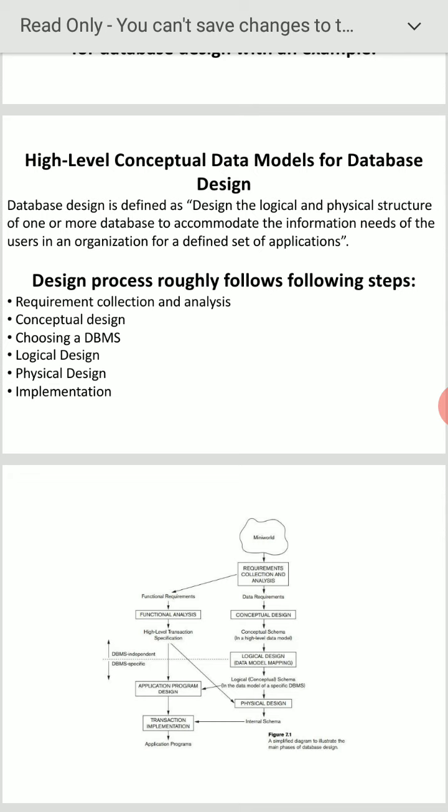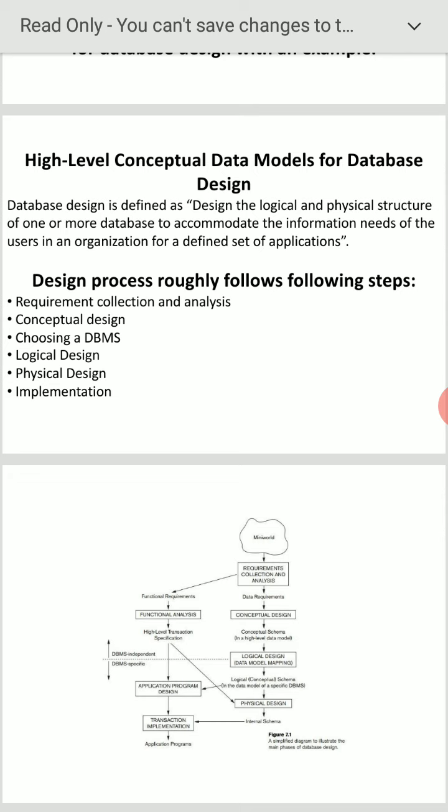Here in the requirement collection and analysis, typically the activities are: identification of application areas and users. First, we have to identify where the application area is and what type of users we can get. Second, analysis of existing documents of the application.